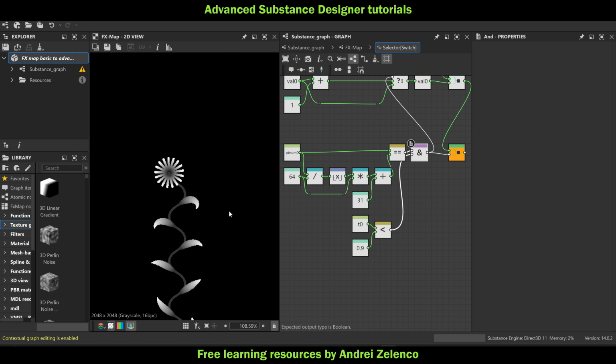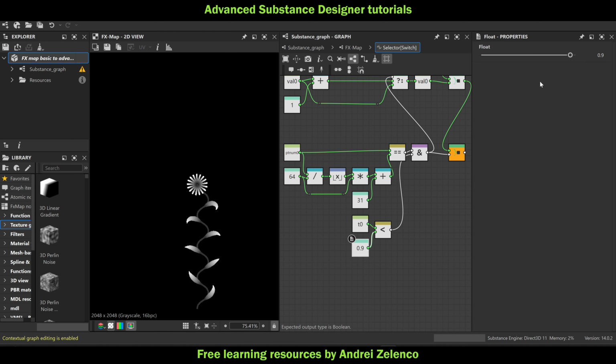Okay, so the last leaf disappeared. Okay, so if I decrease this value, leaves are going to be disappearing. Okay, I leave it at 0.85. And then,